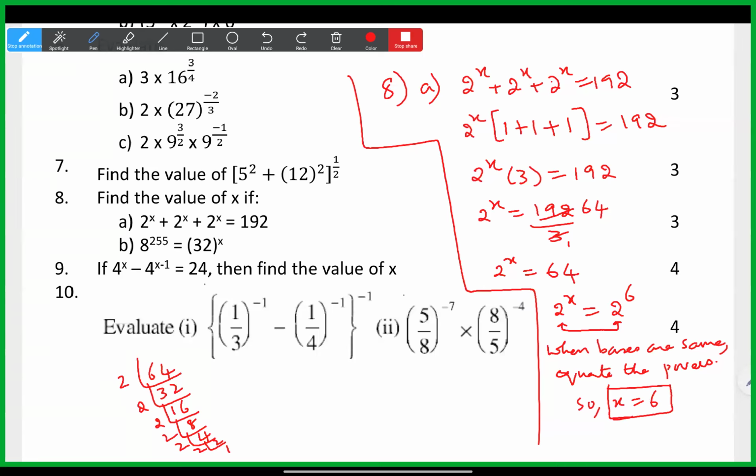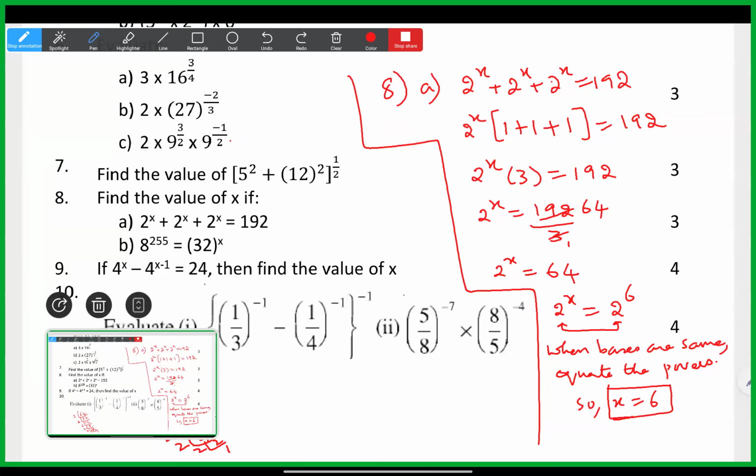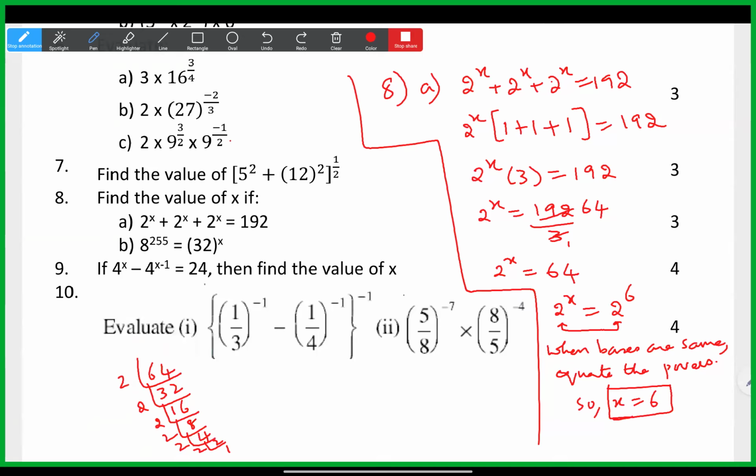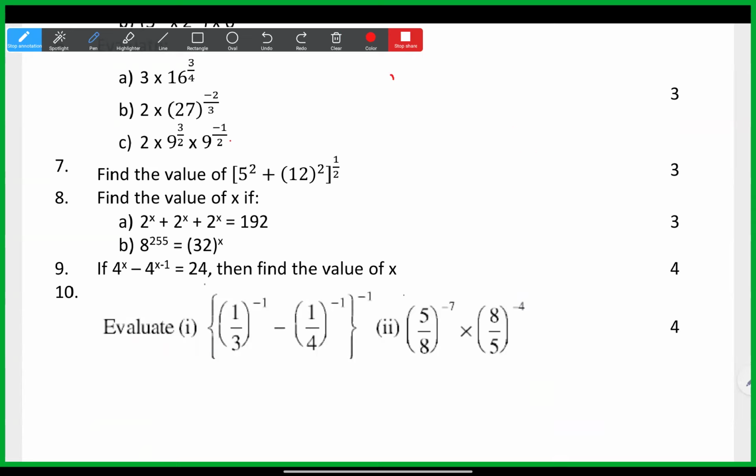We'll delete it. Then the 8th one, if you observe, 8 power 255 is equal to 32 power x. So you can see both the bases are different. So here already only one number is a prime. Just we will make the bases the same by using prime factorization. So 8 prime factorization is